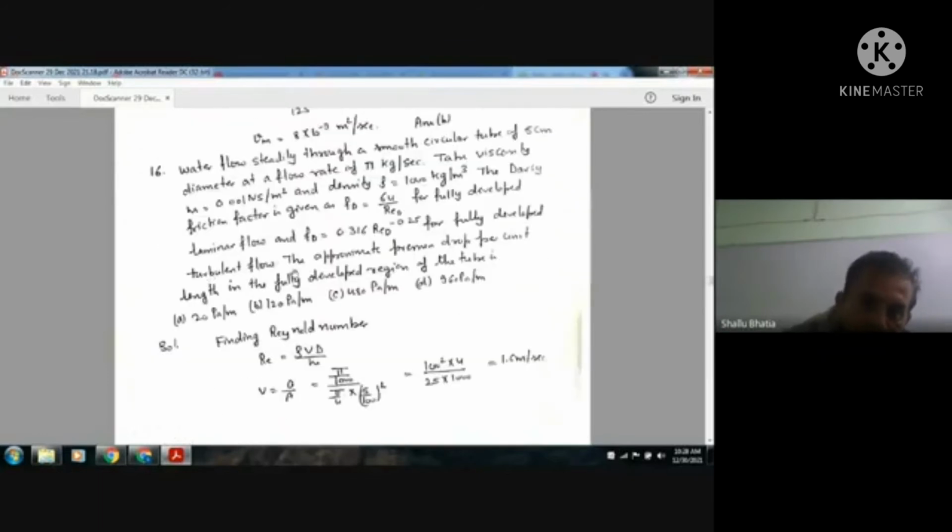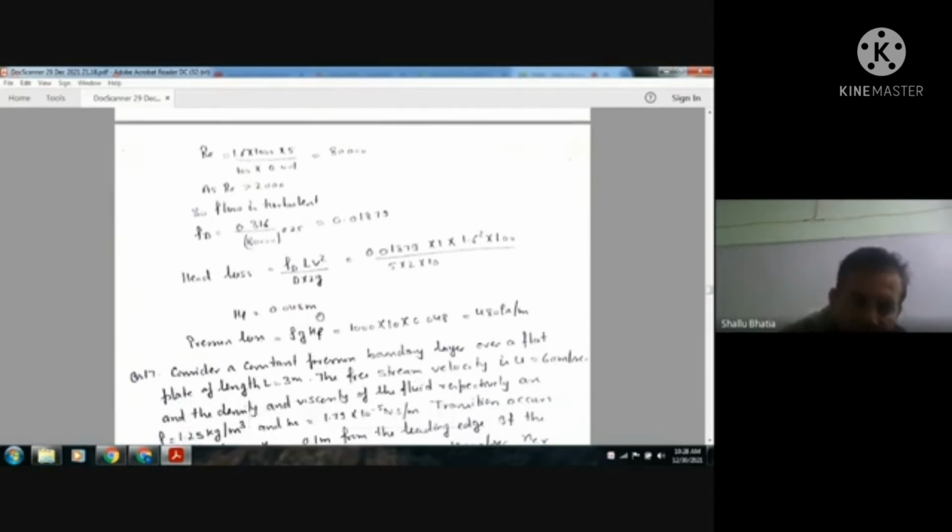So Fd is 0.01879, and once Fd is known, then we can find out head loss, that is Fd L V square by 2 g D. This is your friction factor. When friction factor is given, then you have to use Fd L V square by 2D. When coefficient of friction is given, then you have to use 4 f L V square by 2D. So from this we can calculate head loss,